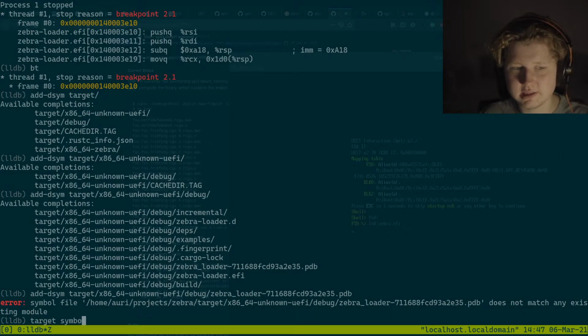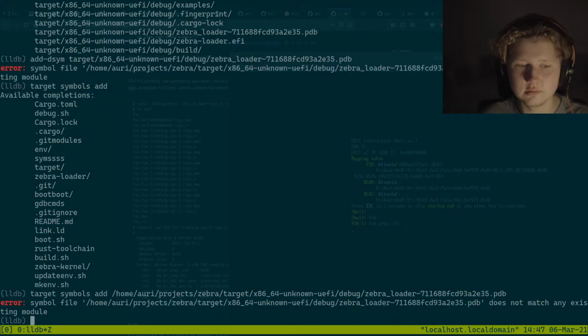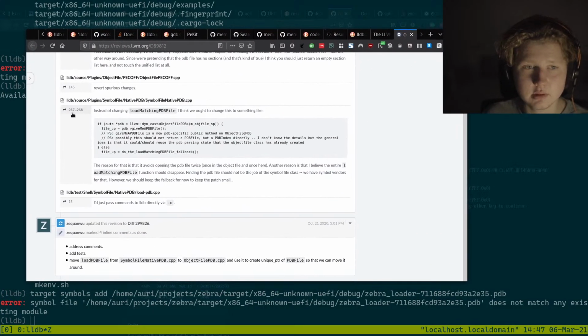Target symbols add. Same thing. It does not match because it probably like doesn't so actually